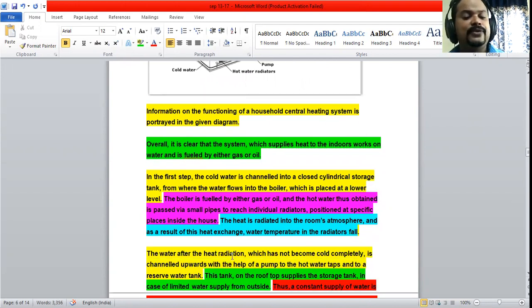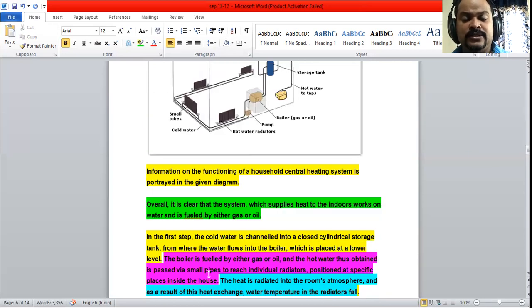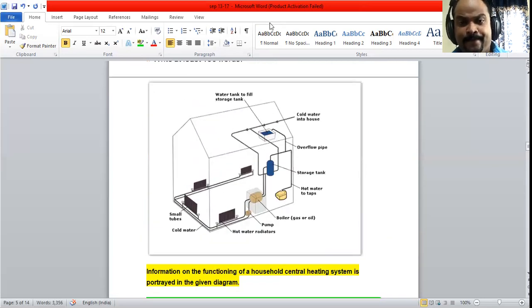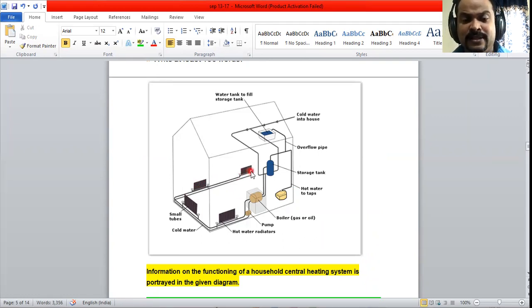The water after the heat radiation, which has not become completely cold, is channeled upwards with the help of a pump to the hot water taps and to the reserve water tank. Once the heat exchange is done, naturally the temperature of the water in these pipes will be lower. This water has become colder, not completely cold, and having lost its heat to some extent, it is pumped